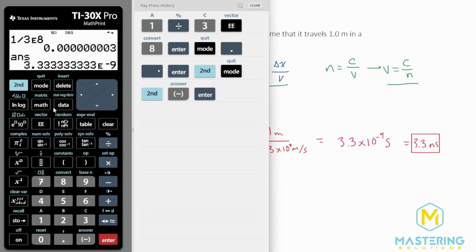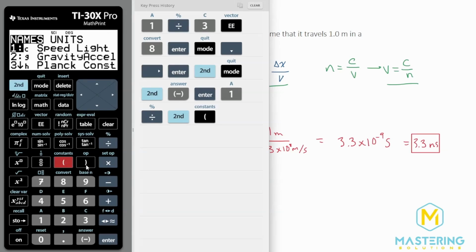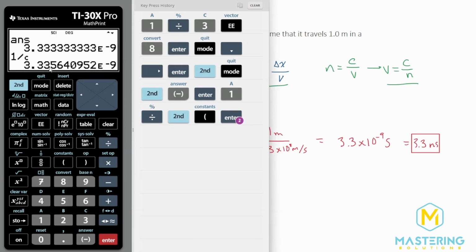One thing that I really enjoy about this calculator is they have a lot of standard units plugged in, so you don't have to worry if you can't remember something. It's helpful on a test if you get stuck. So you go 1, and then we're going to divide that by second, and we're going to go over to constants right here. And number 1 right there, speed of light c. So 1 divided by c gives us 3.33 times 10 to the negative 9. Now, the reason this is a little different is because this c is going to be more precise than the rounded, simplified version that our textbook uses.